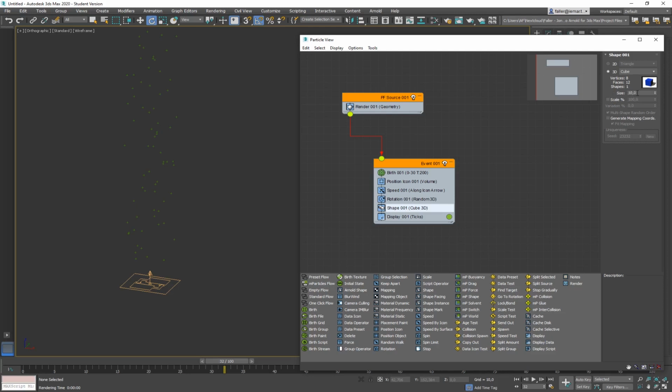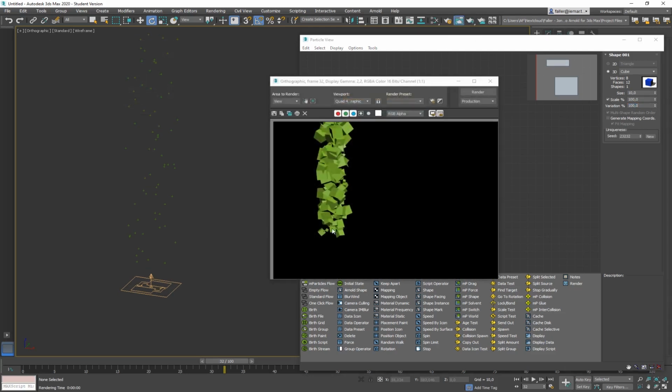You can also define the size of it right now. So here's the size. You can also scale it. You can also have a scale variation. Let's do a scale variation of 100%. So now the cubes should all be different size. No, they are scaling. Basically means that they are growing. They are scaled